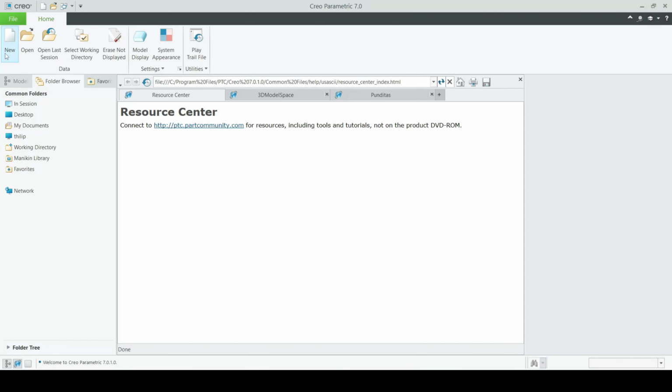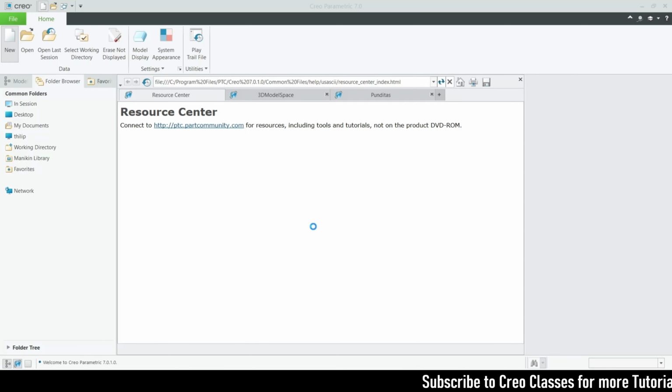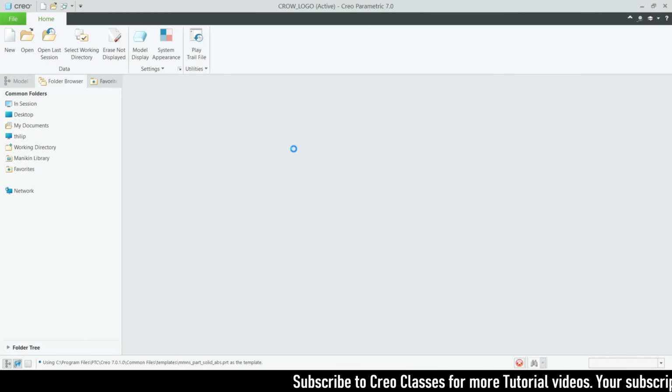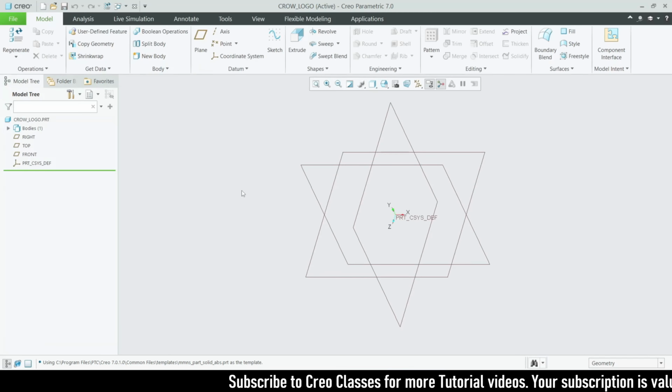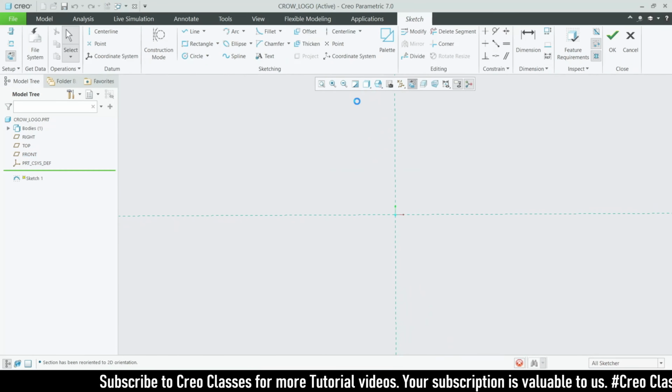So let me just minimize this and let's go for the new and click the default template, and let's rename this part as Creo logo. Okay, and then our unit as mmns part solid ABS. Okay, good. So now, let me just sketch on the front plane. So let's go for the sketch view,